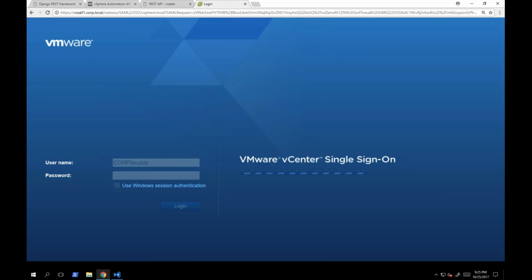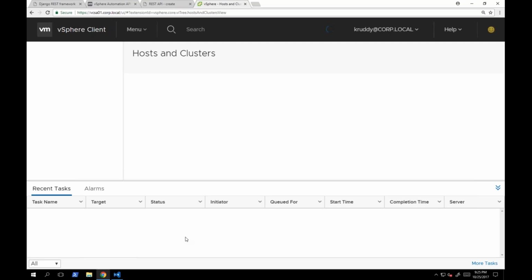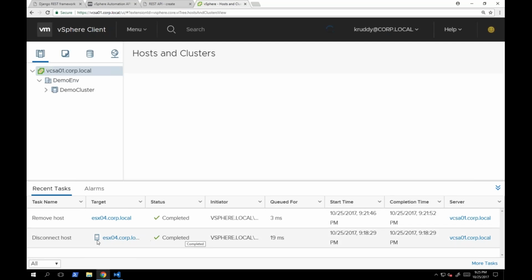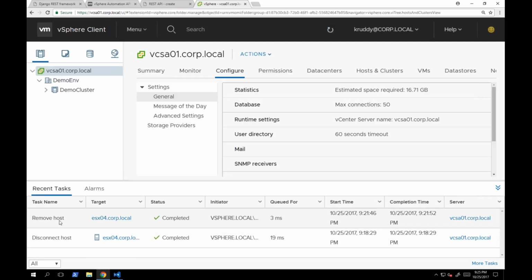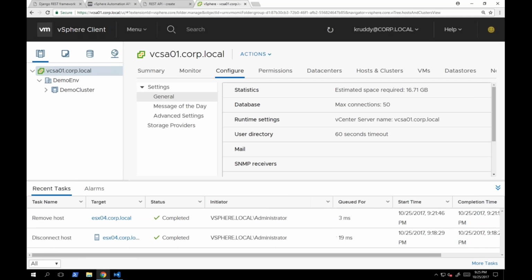So let's see if the tasks are still active, haven't been flushed. Yep. Okay, so we've got our disconnect there, we've got our remove,